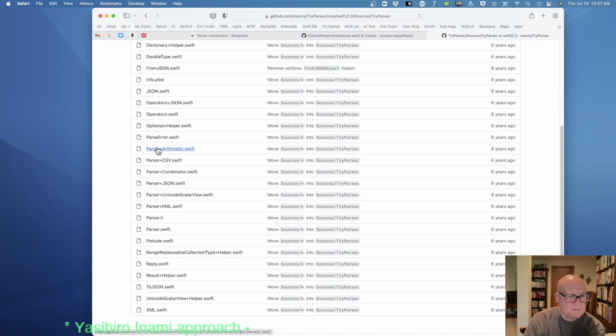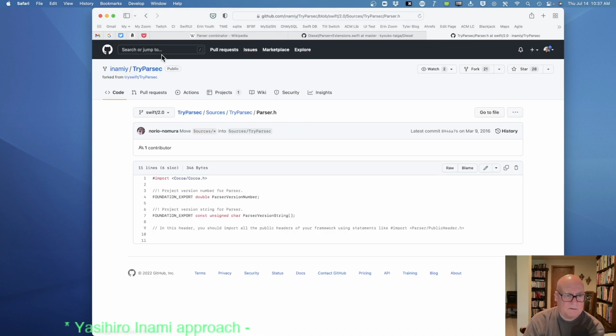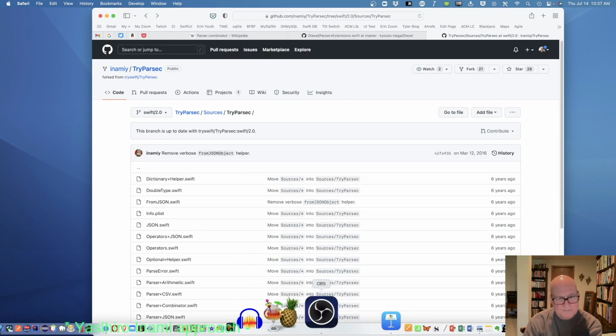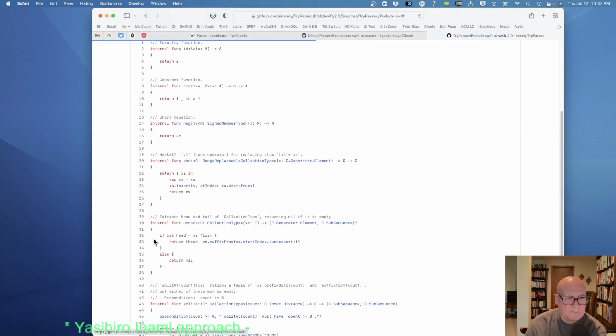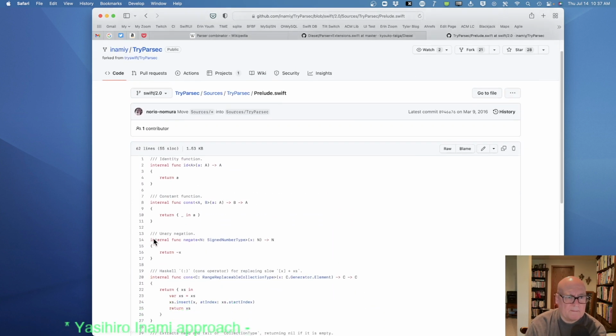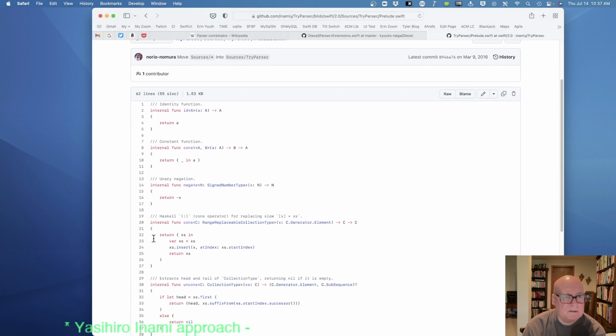Parser plus arithmetic. What's this? Oh, here's id. Okay, id returns itself. Const returns the constant value. So const of id returned the id function.